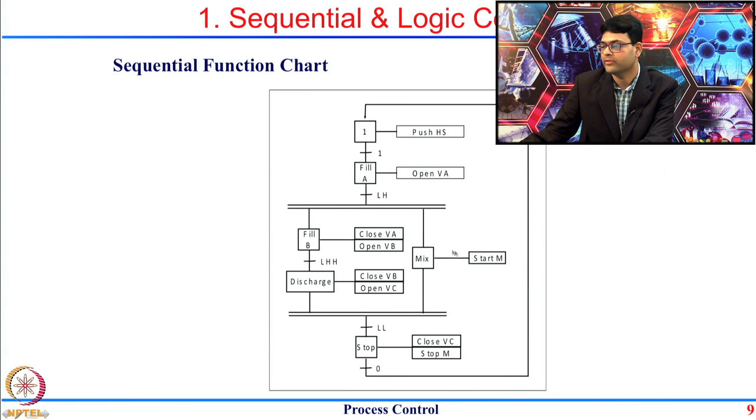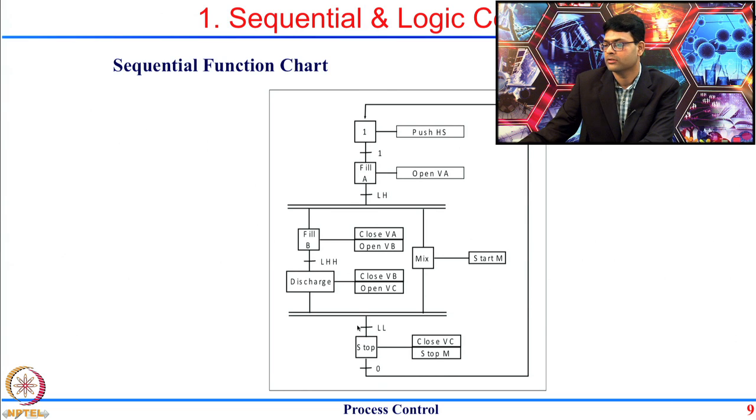So, these two things will go on parallelly. Within this left side arc, when the level reaches LHH, at that time you will start the discharge. So, you will have to close the valve VB and open the valve VC, while there is no change of status for the mixer when the level is LHH, because you have to keep on mixing even though the product is discharged, and you will again converge these two lines when the level